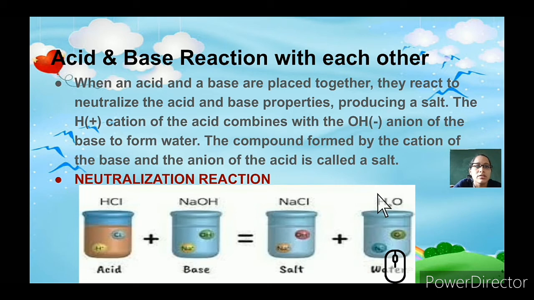So here H plus is a cation. Wherever you see plus, that is an acid. We have already discussed in the previous videos that wherever plus comes, it is giving its electrons. Wherever minus comes, it is always negative, and negative always takes the electrons. So you can see that acid gives its electrons and bases take the electrons. So there is a combination of acid and a base to form salt and water. The compound formed by the cation of a base and the anion of an acid is called salt.